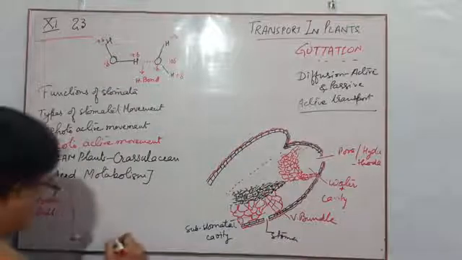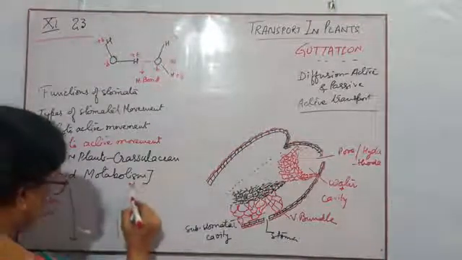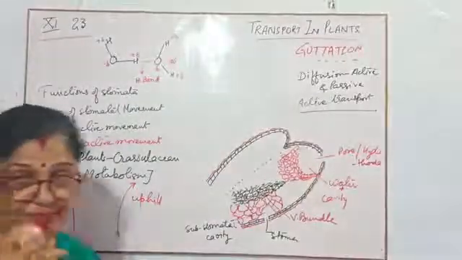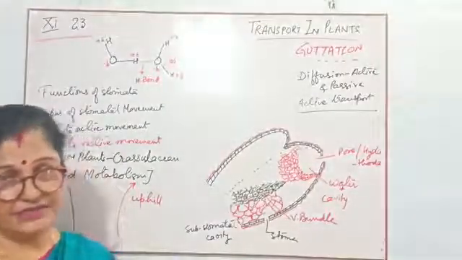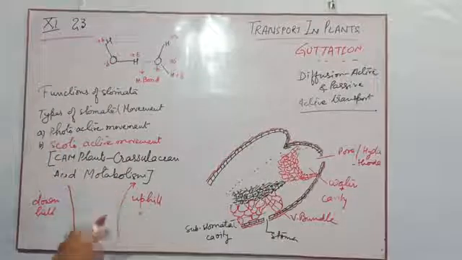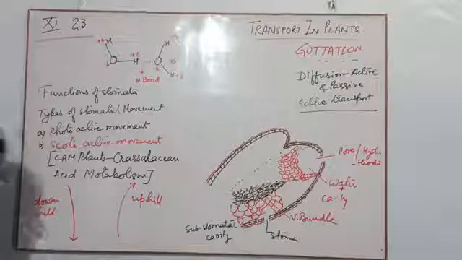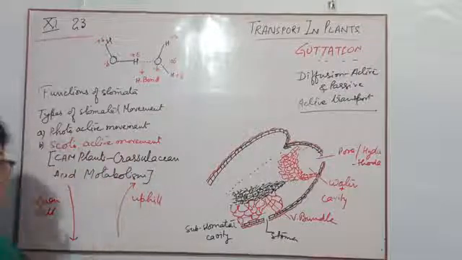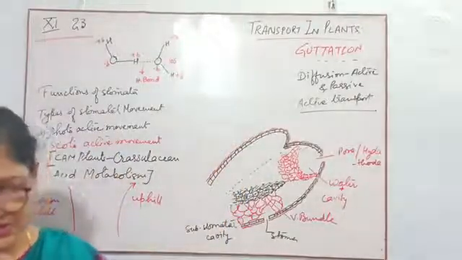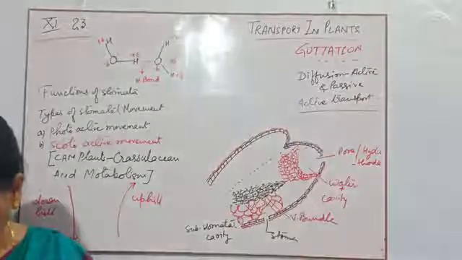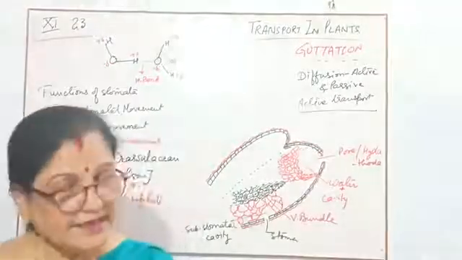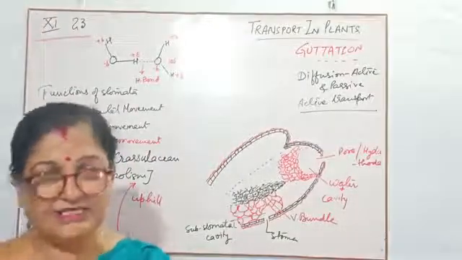When you are going uphill, or walking to a steep height, then you need some energy, and you have to expend that energy on your walking or on your bicycle, then you can go to a higher level. So this is the example of active transport. If it is active transport, it needs ATP, it needs energy.